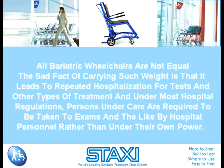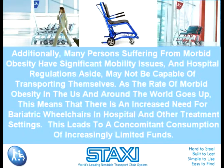The sad fact of carrying such weight is that it leads to repeated hospitalization for tests and other types of treatment, and under most hospital regulations, persons under care are required to be taken to exams and the like by hospital personnel rather than under their own power. Additionally, many persons suffering from morbid obesity have significant mobility issues and, hospital regulations aside, may not be capable of